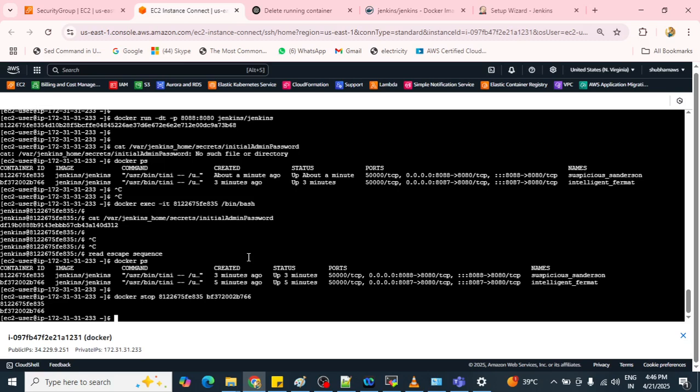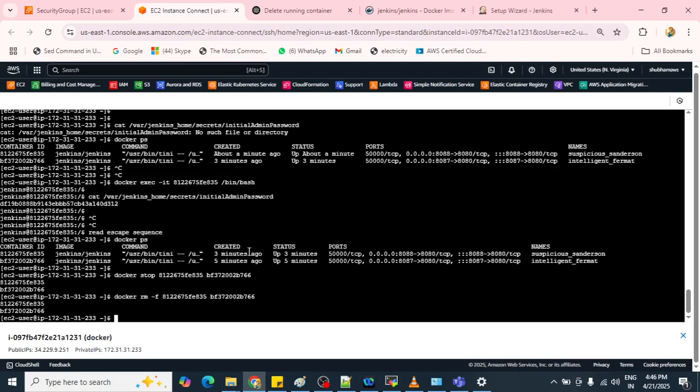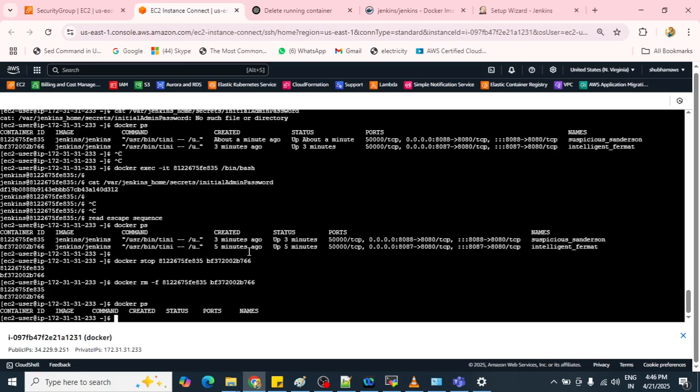I think it is clear now how we are going to pull our images from Docker Hub, and if we need to access that particular image, stop our running container, or remove our container, we can simply stop and remove the container this way. Now run that docker ps command, no container should be there, and you can see the images as well. They will be present here.